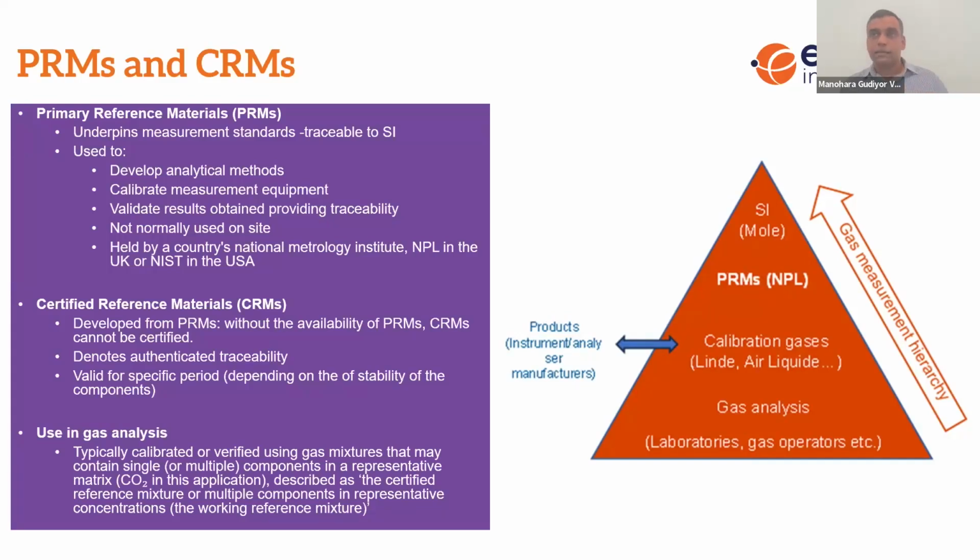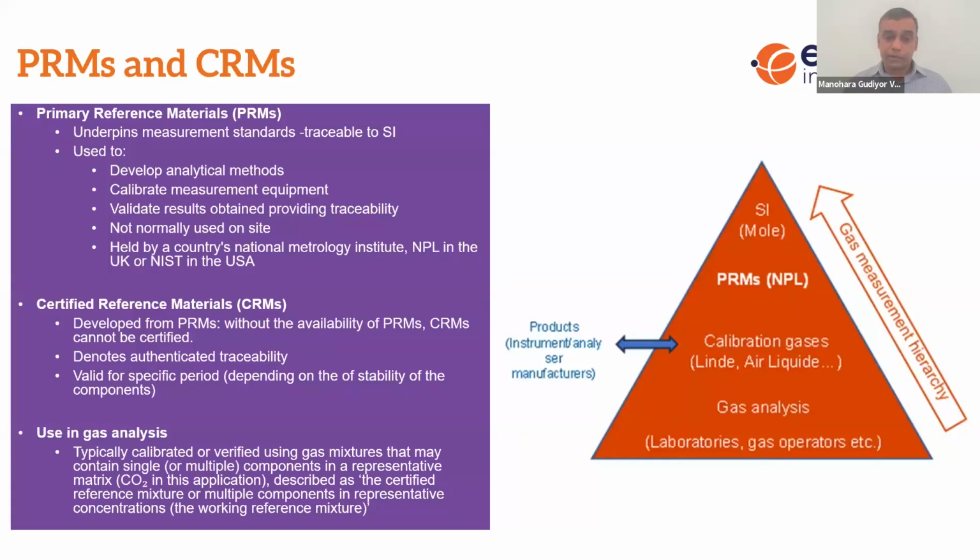In turn, those calibration gas providers will be looking at national metrology institutes for primary reference materials. In the UK, NPL is providing those reference materials. Across Europe and around the world, we have many institutes who can provide these services to calibration gas providers. NPL traces its traceability to the SI system. In this case, we just put it as a mole because we measure CO2 in mass. That's why it is SI, and that's why this traceability runs through.